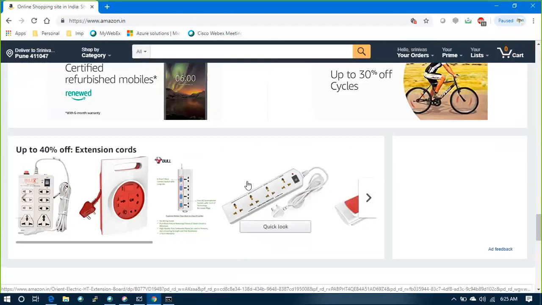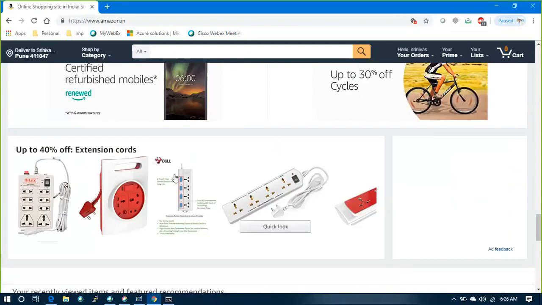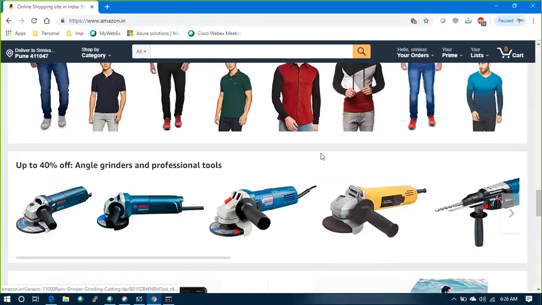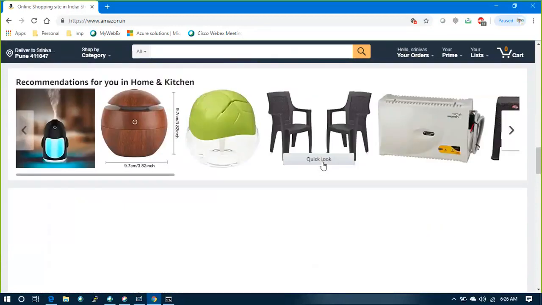Then what is an application server and what is a DB server? An application server is where you place some request, and it calculates and updates the database. Suppose you are trying to place an order; that order should go and be saved in the database.